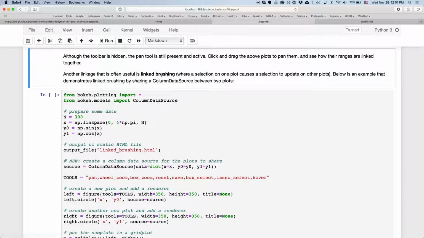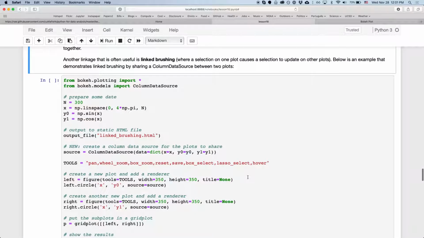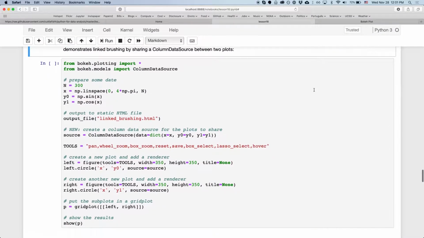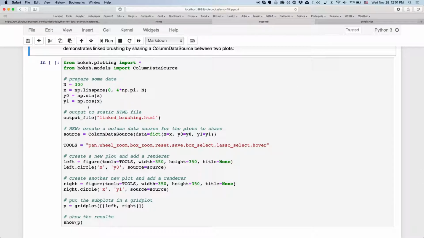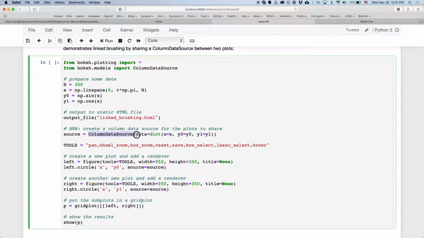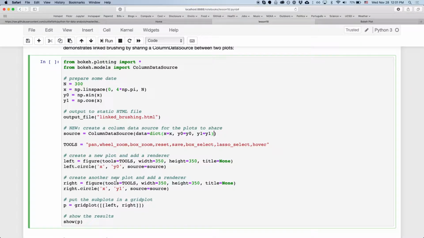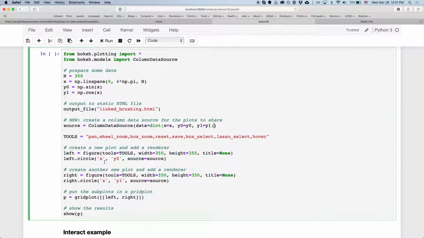So a related tool is called linked brushing, where selecting on one plot will cause selection to update on the other plots. So again, we're going to specify a sine and a cosine wave, and we're going to use this thing, ColumnDataSource, where we specify the data. It's just a way to specify the data, and then all these different tools that we want to have on there, and then we create a plot where they both have the same source, and that will allow us to have the linked brushing when we have our grid plot here. So if we have a look at that,